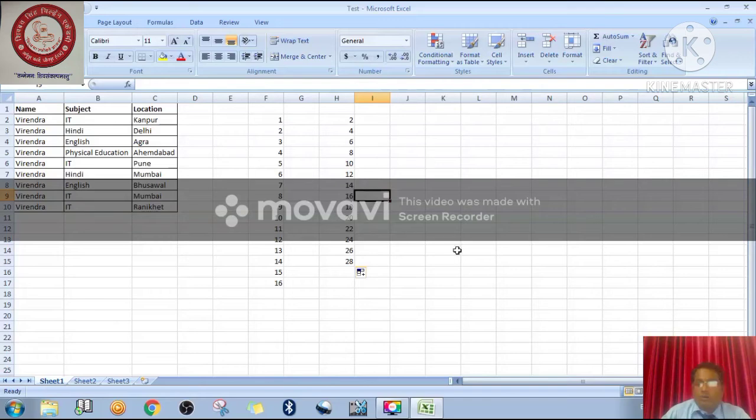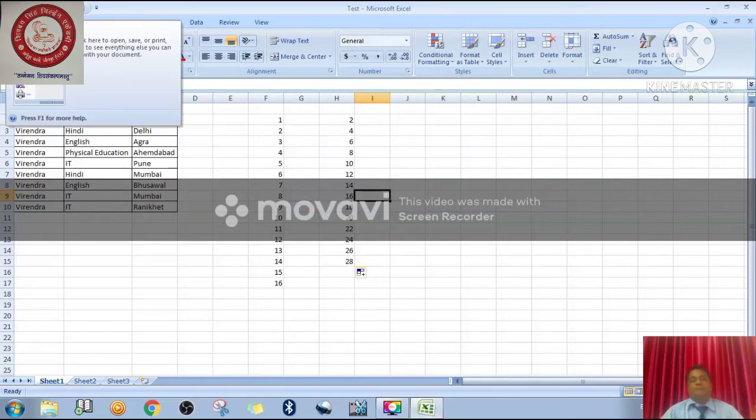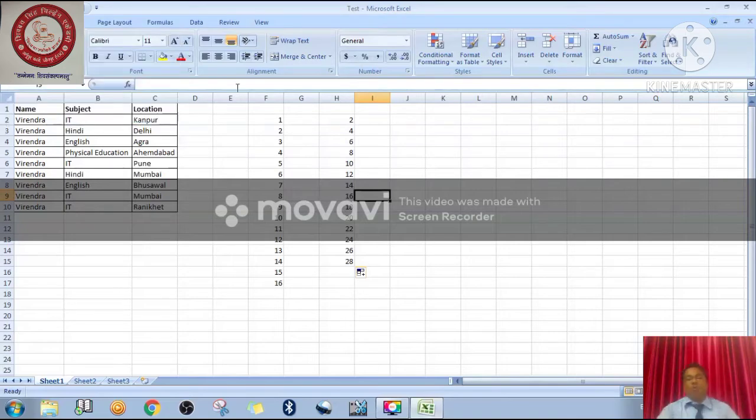Okay students, now let's come to another one. Let me open the first window. Now we have to study how to create a new worksheet, because I have done the first one. Now I want to create a new worksheet. This is the whole workbook, right? This is one kind of workbook. That's why Book1 is written here. And after saving the file you can have the name of the particular file, right?